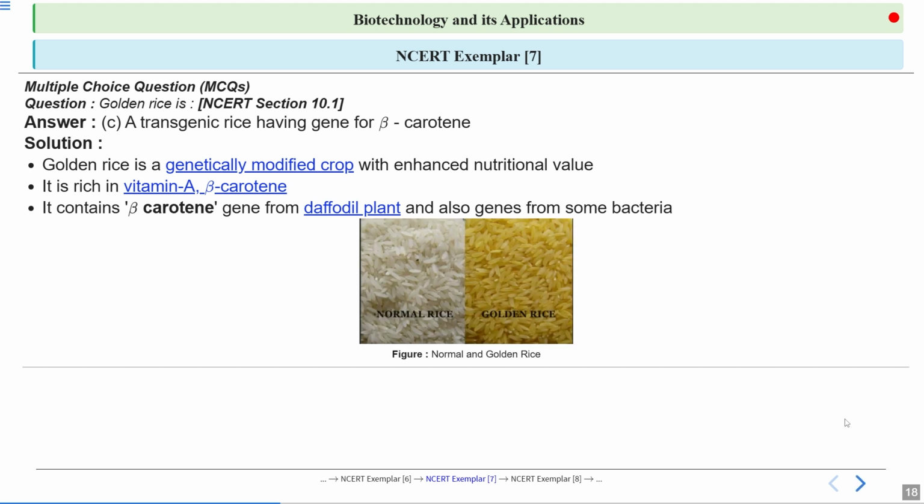So what they have told us is that golden rice is a genetically modified crop. Why has it been genetically modified? It has been modified to enhance the nutritional value of this rice. And what nutrition is that? It is rich in vitamin A. It has beta carotene in it, and this is also the reason that it is golden in color. And the beta carotene gene has been derived from which plant? It is derived from the daffodil plant, along with some other genes from bacteria. Okay,